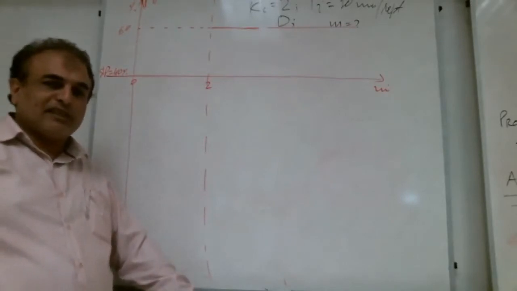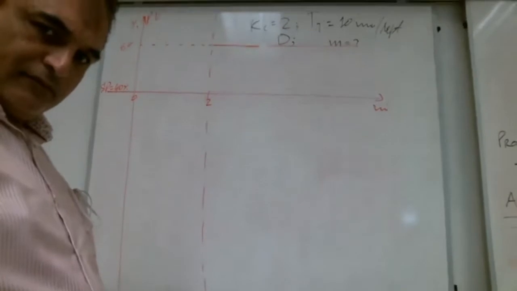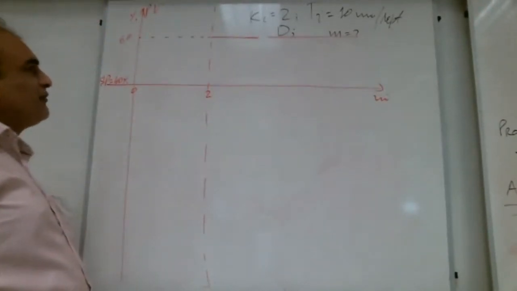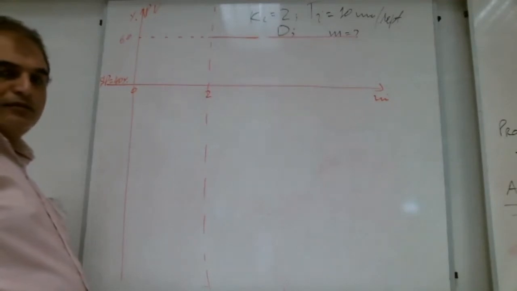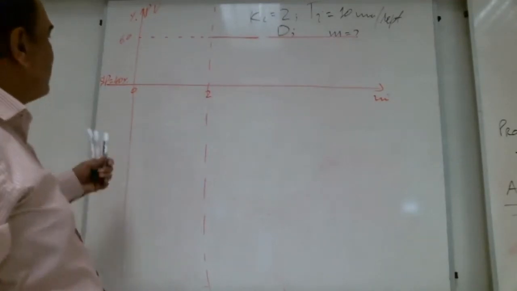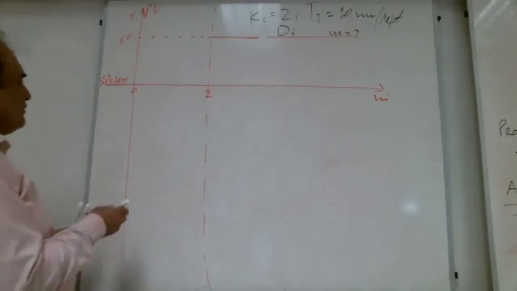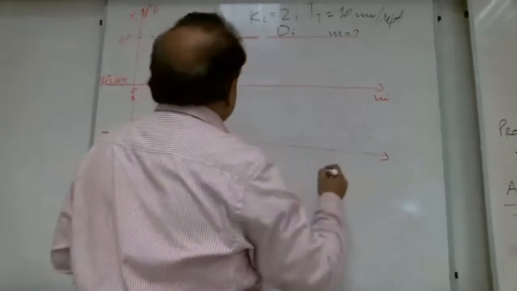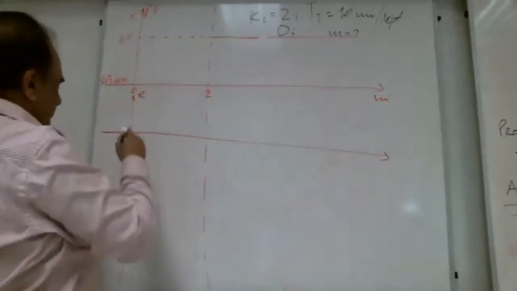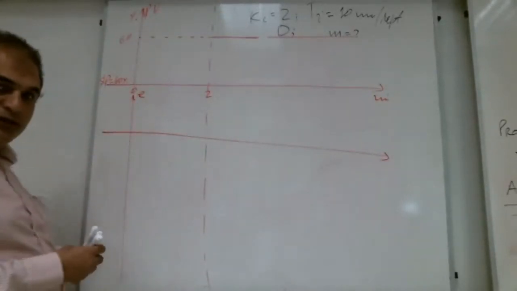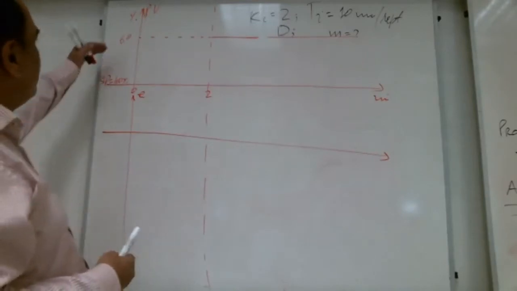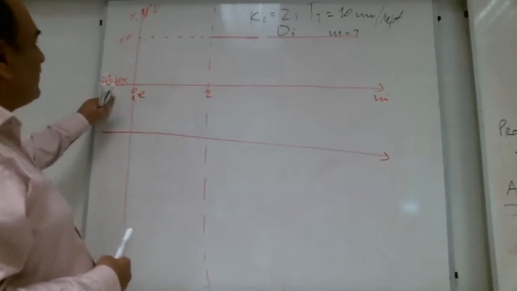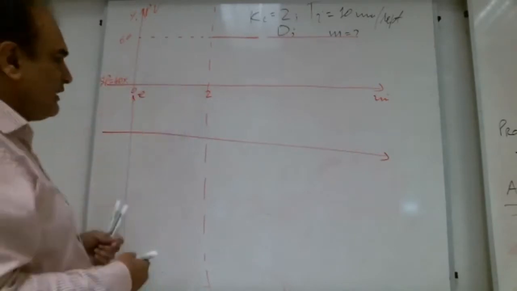Yes, Shiva. So how we should start? Find the error first. Very good. So first of all, we need to find the error, because the error is not given. From 0 to 2, what is error? Lot of others they are writing 0, because from 0 to 2, the set point is 40%, PV is also 40%. So error is 0.